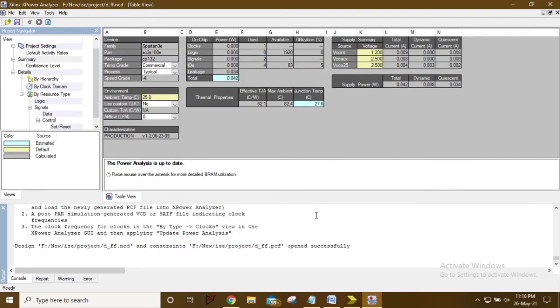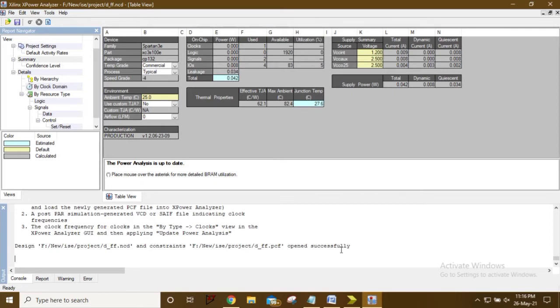Then you can see we are getting the dynamic power here. Sometimes we get an error that our simulation file is not readable.